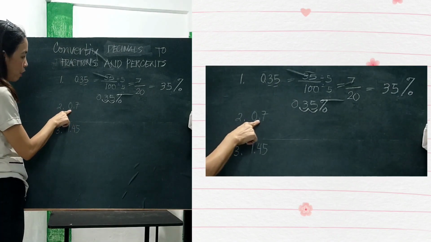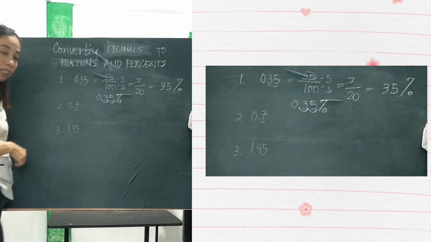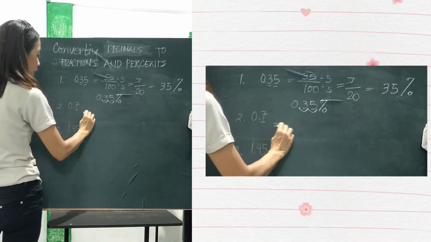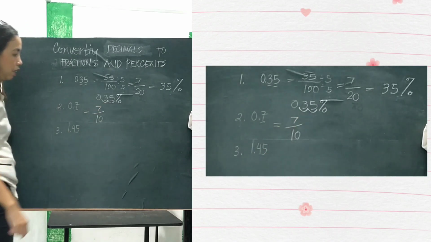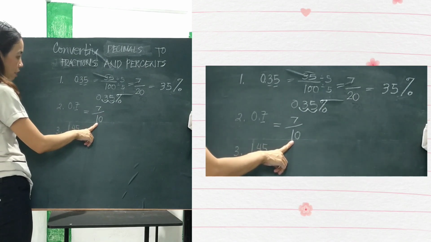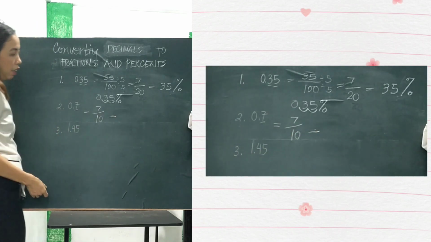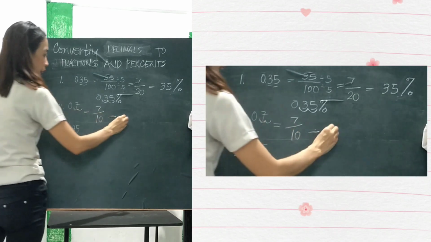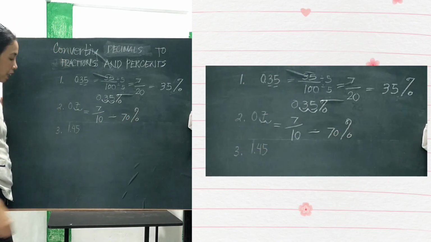Okay, next, 0.7. So, 0.7, this is only 1 decimal place. Okay, so we have 7 over 10. So remember what are fractions and decimals. So next, just move the decimal point 2 places to the right. 1, 2, we have 70%. Okay? So next,